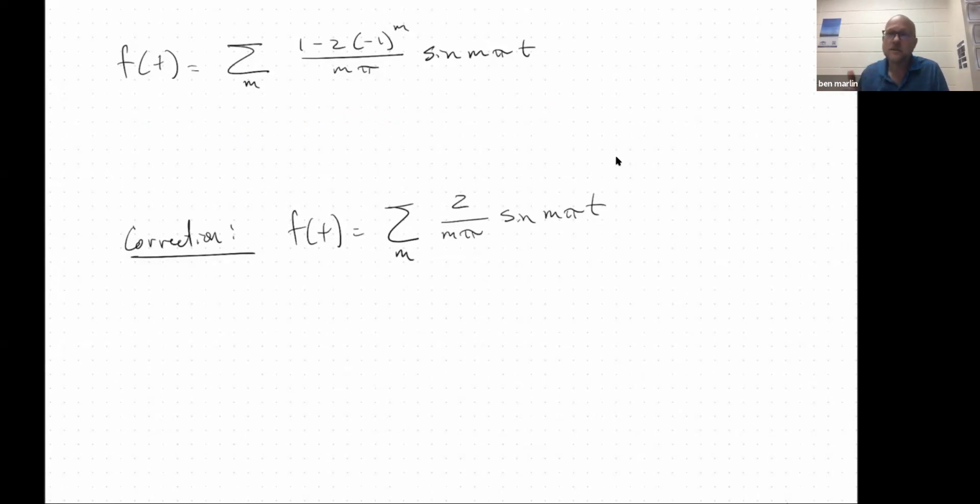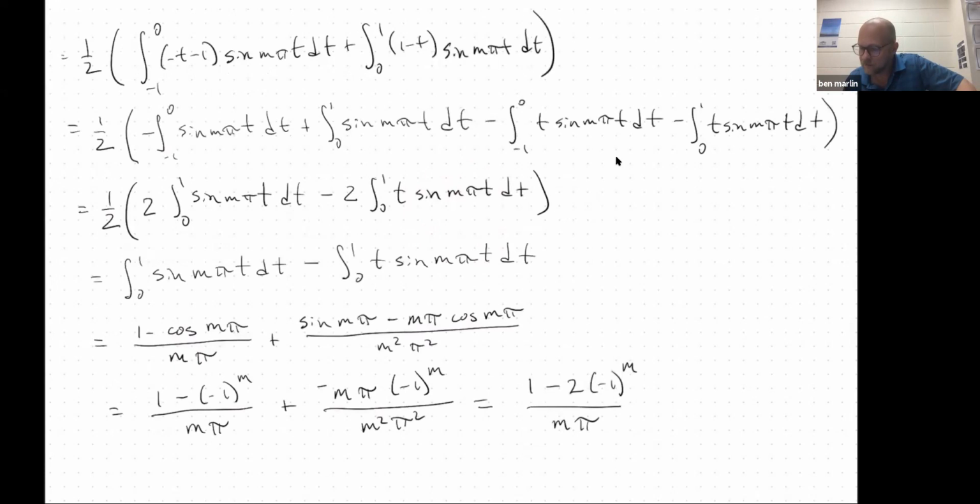So the thing that I did was to go back to Symbolab and ask it to do the integration in a slightly different way. And then the result I got was 2 over m pi for some reason. And I was like, what? What the heck? And the thing that's going on with that is back here, this minus sign I didn't copy it. Man. So that means that when we are doing this bit here, we are actually adding and subtracting a -1 to the m,